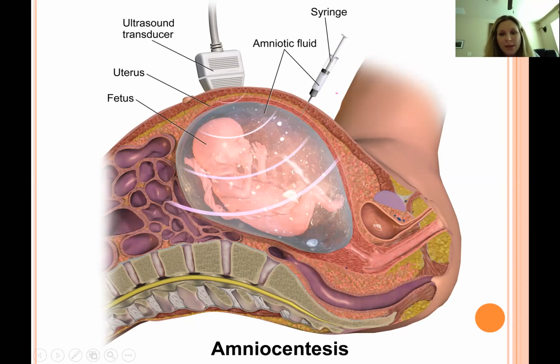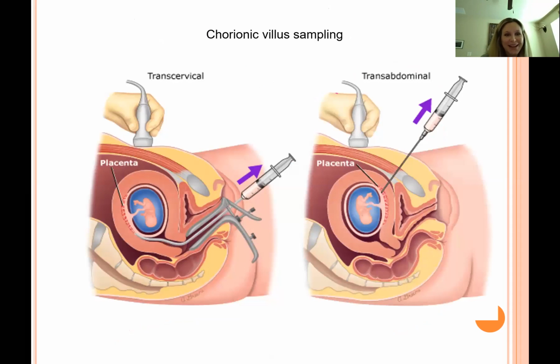And so they take the amniotic fluid, which will have some of the baby cells. Some of the baby cells, like skin cells, are going to be floating around in there. And then they'll do genetic tests to see if the baby has any genetic disorders. Another thing that they can do is this thing called chorionic villus sampling. And so chorionic villus sampling is where they stick this thing, this long little tool, it has a little pincher